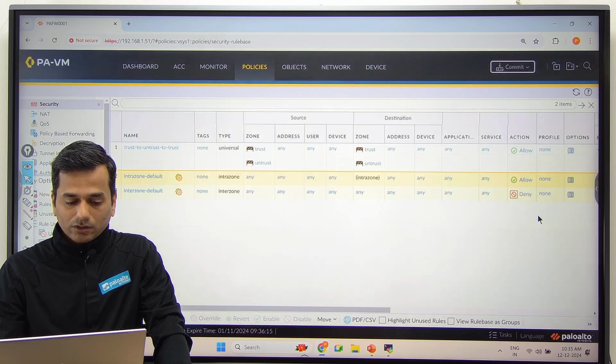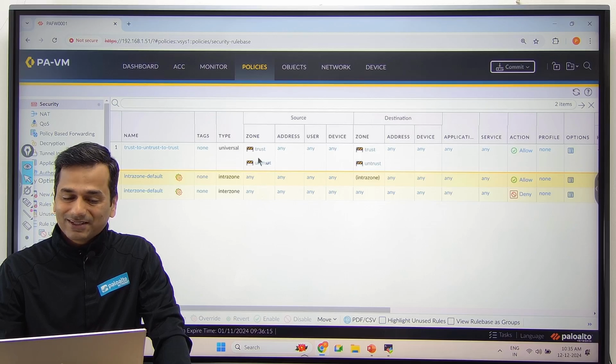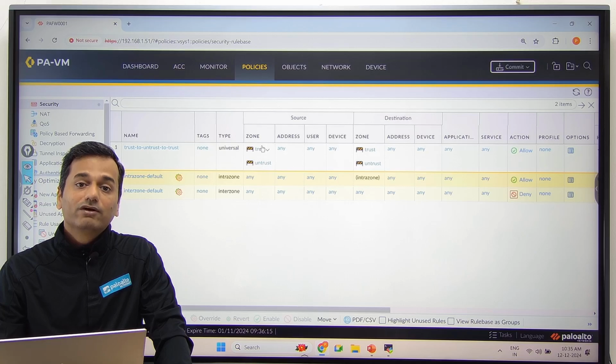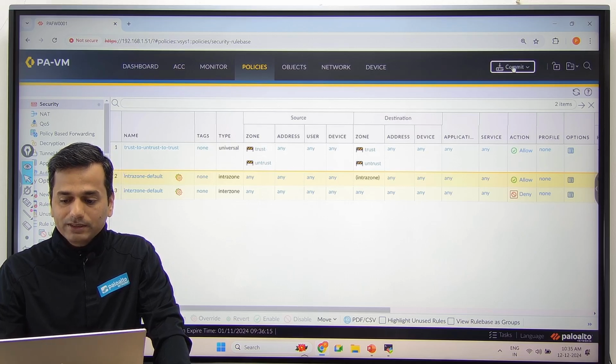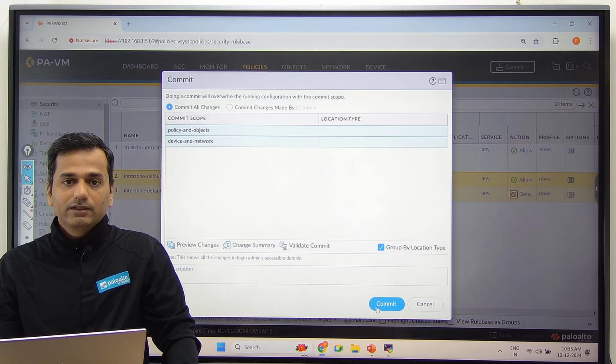Okay, now we have a security policy. Is routing required? No, routing is not at all required. Why? Because your firewall is in virtual wire mode. Okay, commit the configuration. Commit,